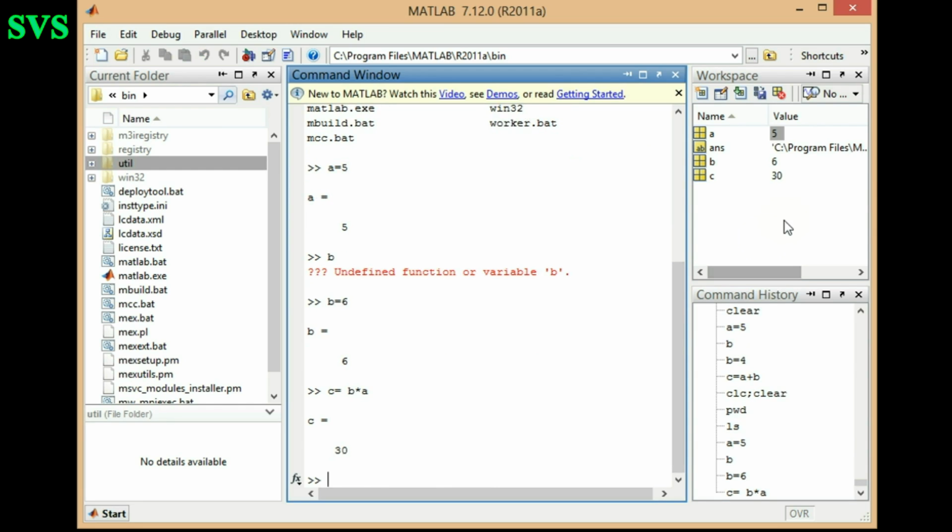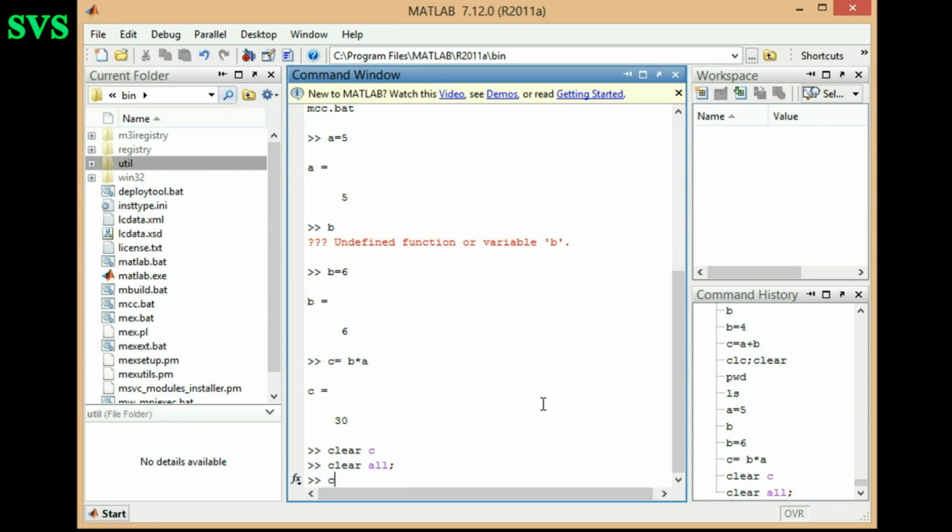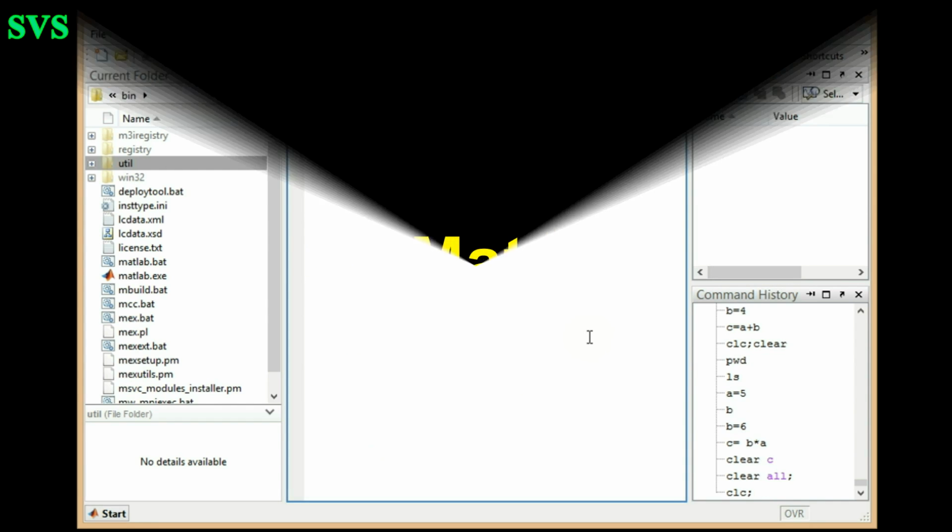So we can assign a third variable c with a mathematical expression consisting of a and b. And let's try to clear only variable c. So we'll write clear space c. And if we want to clear all variables in the workspace, we'll type clear all. And for clearing the screen,